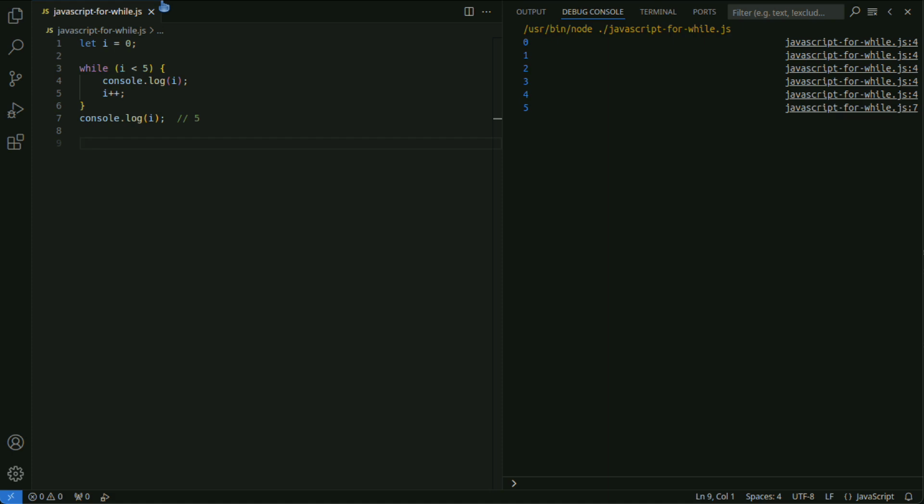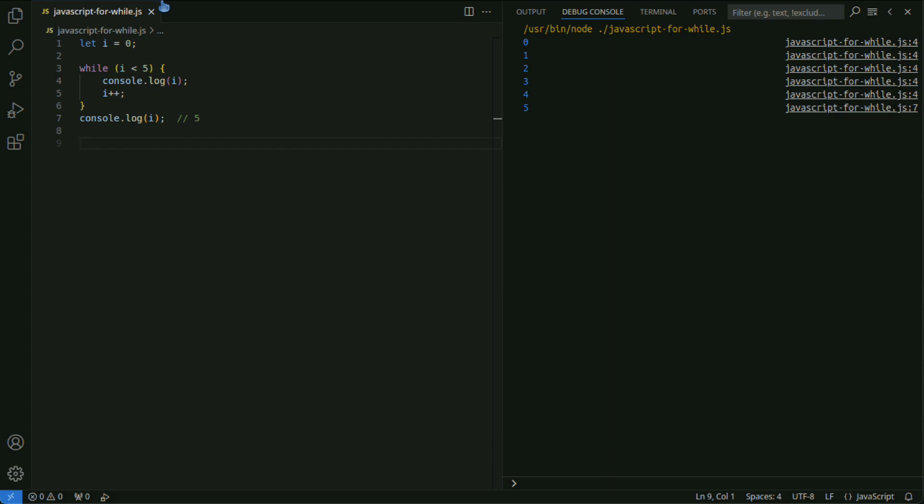In this example, the loop starts with the variable i at 0 and executes as long as i < 5 is true. In each loop iteration, i is increased by 1, and when i becomes 5, the condition becomes false, and the loop ends. As a result, the while statement displays from 0 to 4.